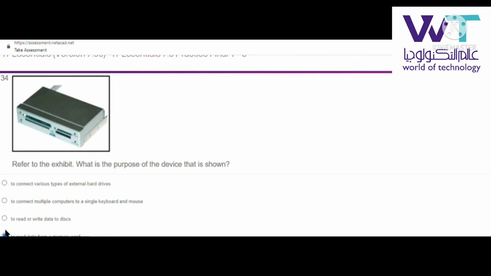مديني صورة وبيقول refer to the exhibit. What is the purpose of the device that is showing؟ هتبقى to read data from a memory card. السؤال اللي بعده